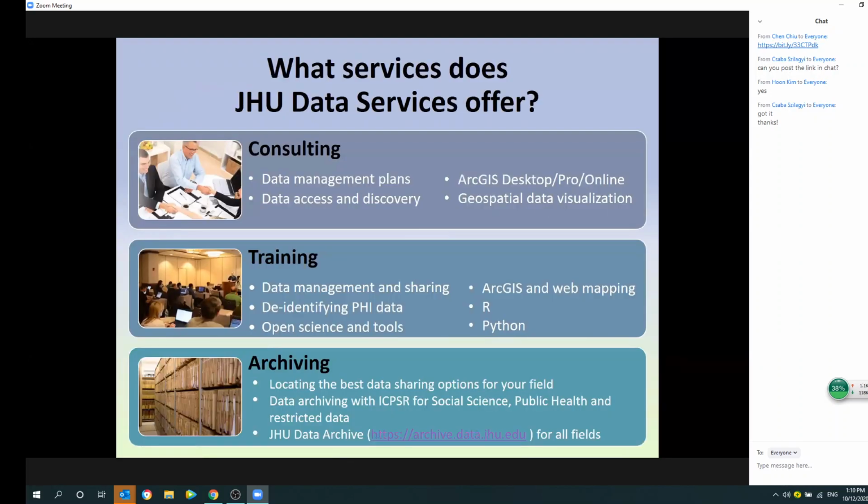Okay, just a bit about data services before we go into the data cleaning. We have three areas of services: consulting, training, and archiving. In consulting, we start by helping people with their data management plan. We used to be called data management services. Later we expanded our services to help people access and discover data. Then we also merged with the GIS department, and we also help people with geospatial data, set up ArcGIS, and